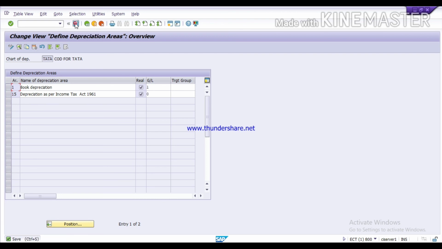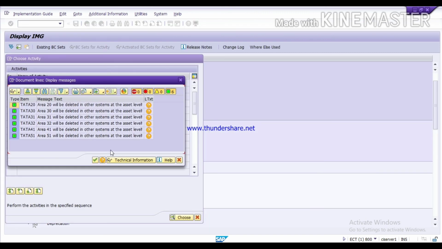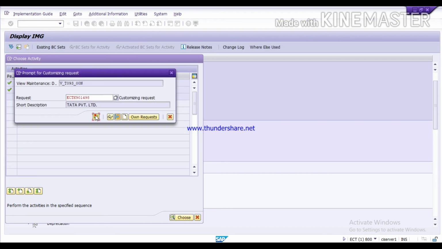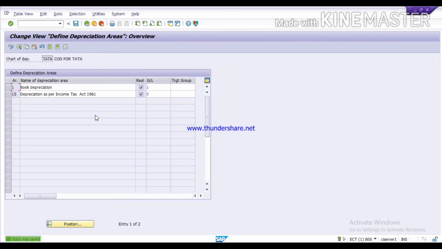Now save it. So like this you can remove the unwanted depreciation areas provided by the standard system. Continue. Continue. Data was saved.